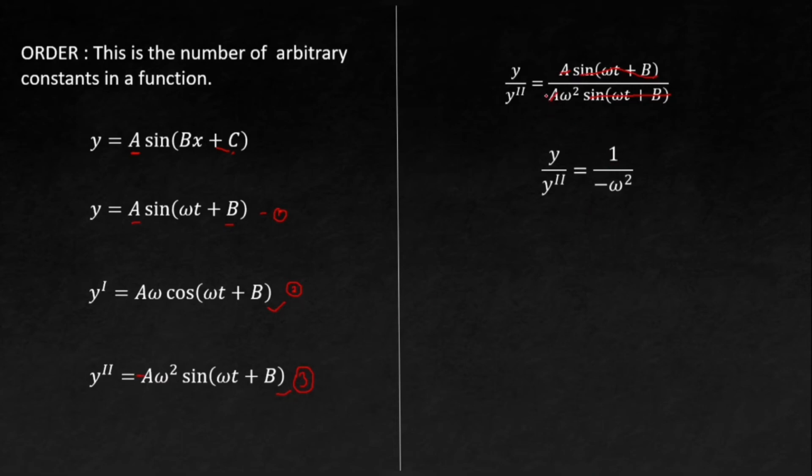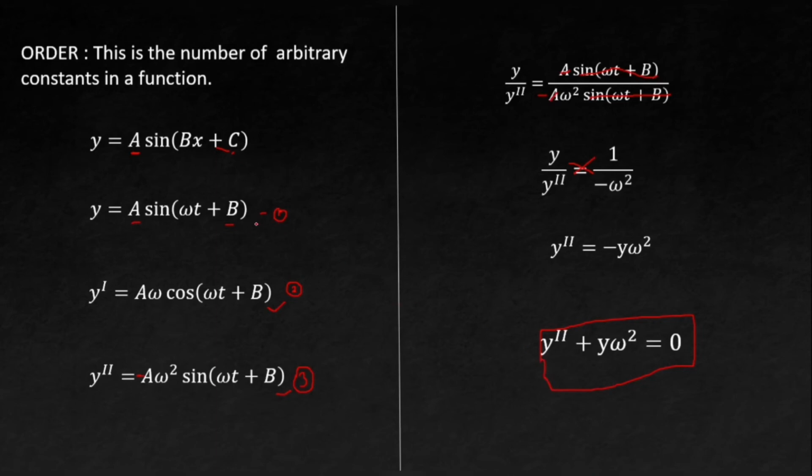When you differentiate cos with respect to t, you are going to get negative sine. So differentiating here, you're going to get y, and you do cross multiplication. When you do cross multiplication, you're going to get y double bar is equal to this, and when you do that correctly, you're going to get this. So this is the differential equation